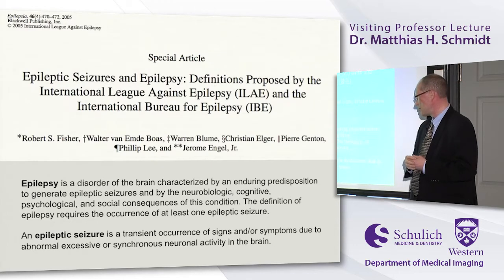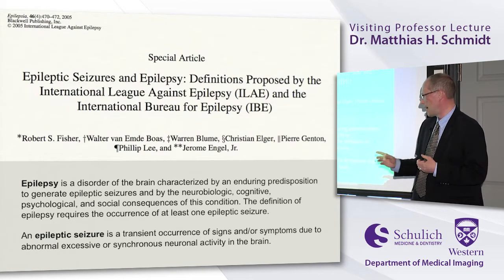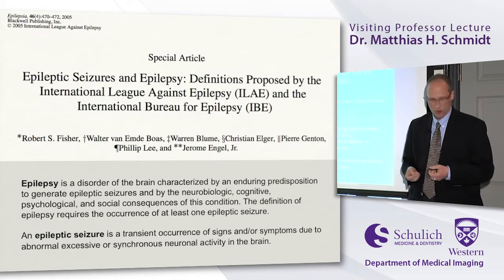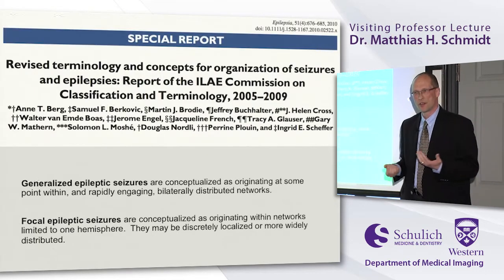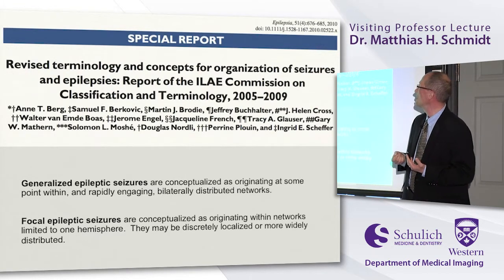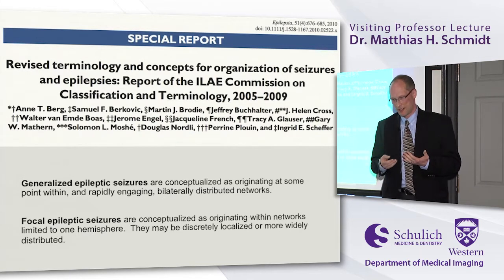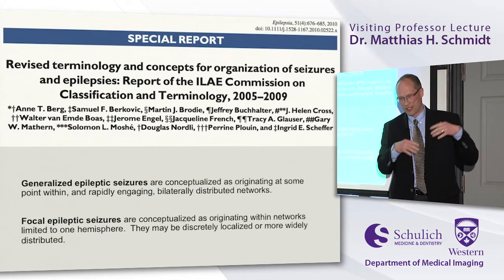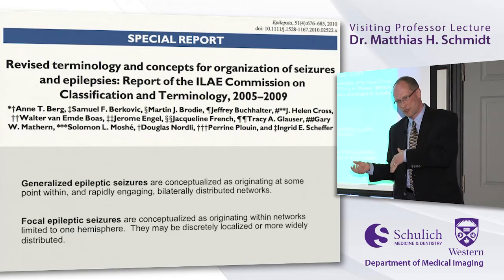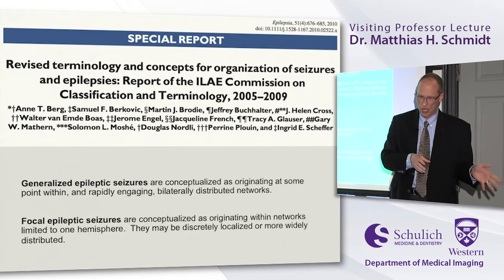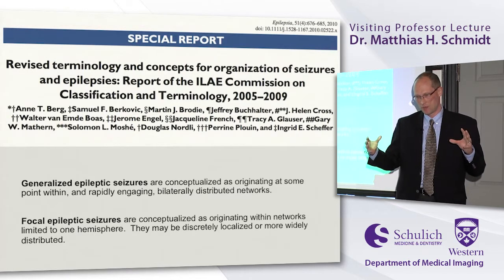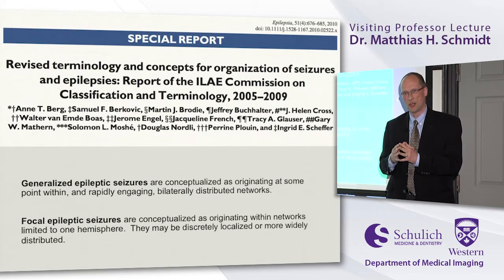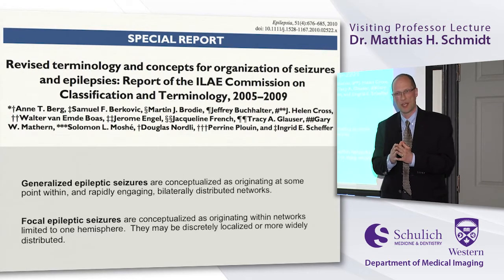An epileptic seizure: transient occurrence of signs and/or symptoms due to abnormal, excessive, or synchronous neuronal activity in the brain. That sort of is familiar territory for everybody. That's how we tend to think of seizures. But again, as of 2010, gone is that whole breakdown of generalized tonic-clonic, generalized absence, partial complex, and partial simple seizures. More and more is there an attempt to link seizures to their specific etiology, channelopathies, if they can be identified,